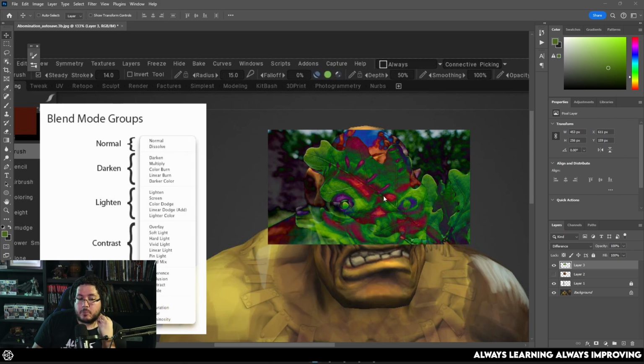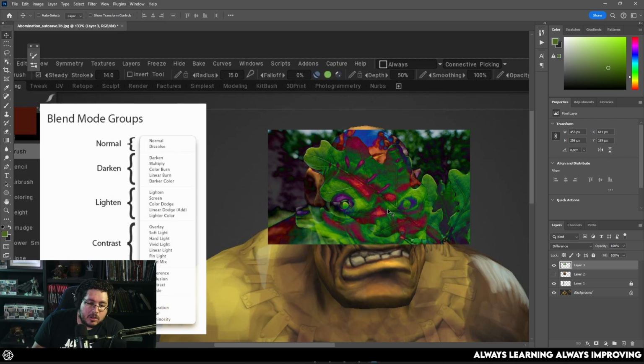So the parts that are brighter on the character, like these red ones right here, will be subtracted from my leaf, right? So that's why we're removing the green color of the leaf, and that's why we're left with this red color right here. And the same thing will happen on the other side. So the leaf is removing certain elements from our object.